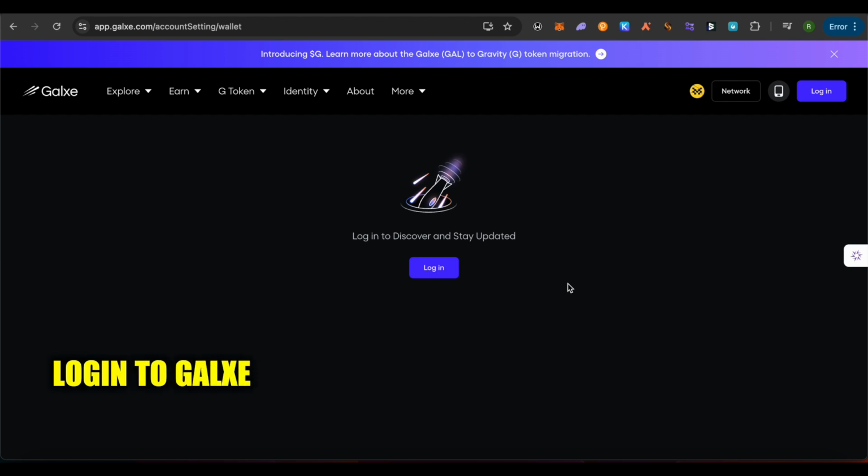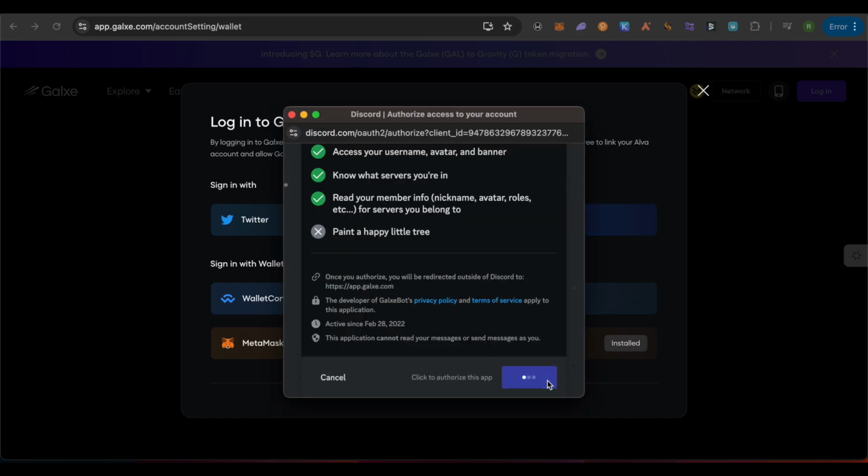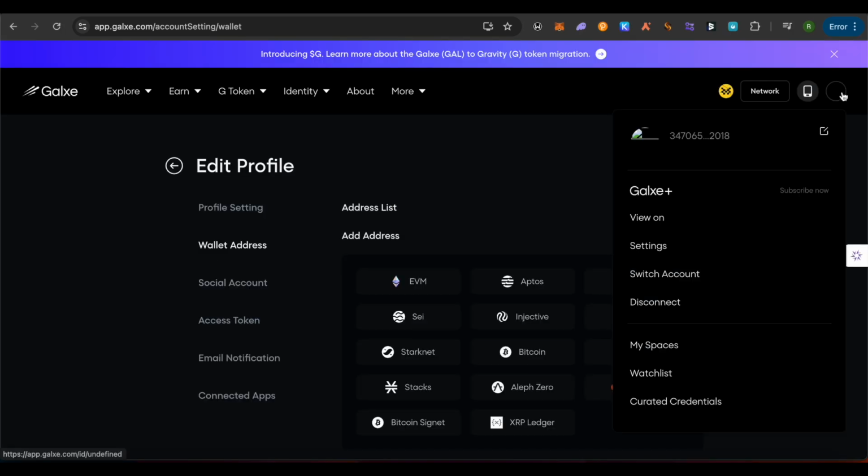So for this, just simply open up Galxe, then click on this option of login. But here, make sure that you log in using your social, whether Discord or Twitter. So let's sign up using Discord and authorize it. Then open up the settings